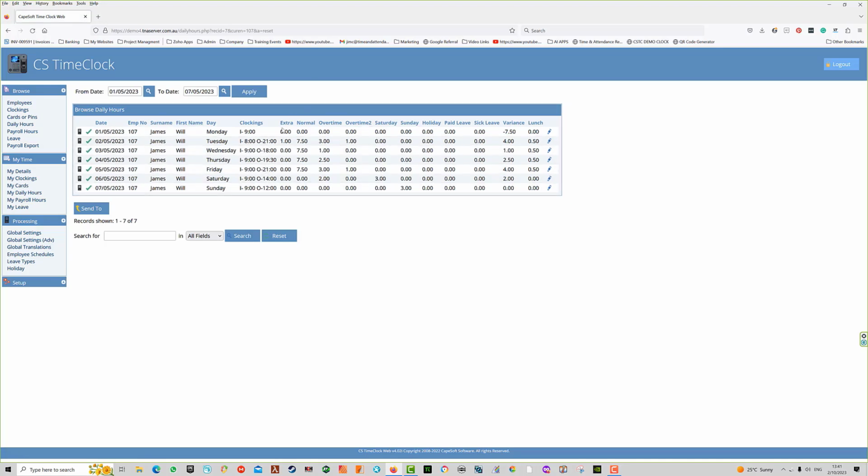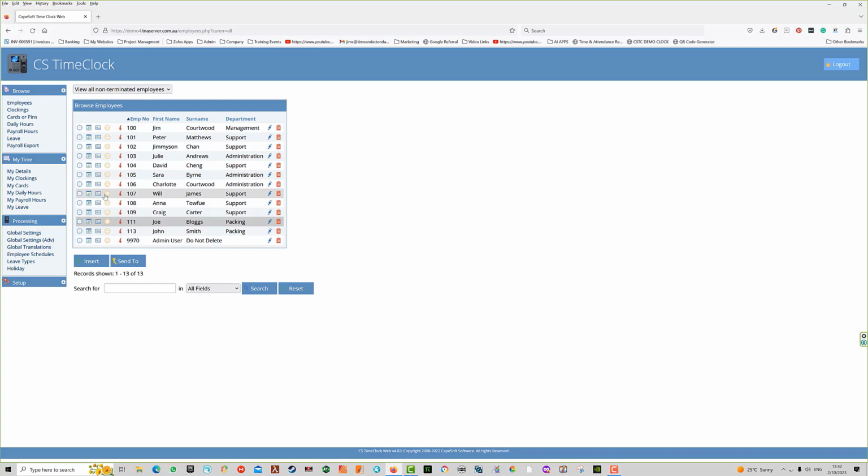And what we've noticed here is he's forgotten to clock out on that Monday. So he started at 9, but he's forgotten to clock out. In this case, somebody would have to verify Will's finish time, and it can be addressed in a couple of different ways. You can add a clocking by going back to the employee and down to Will's clockings here,